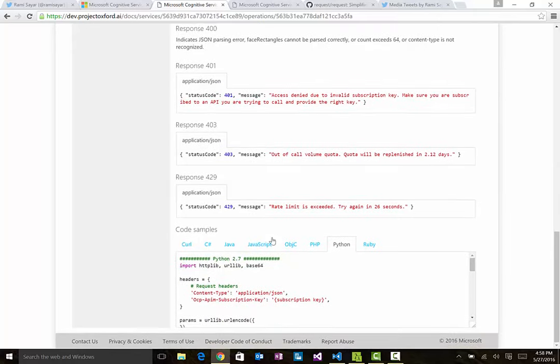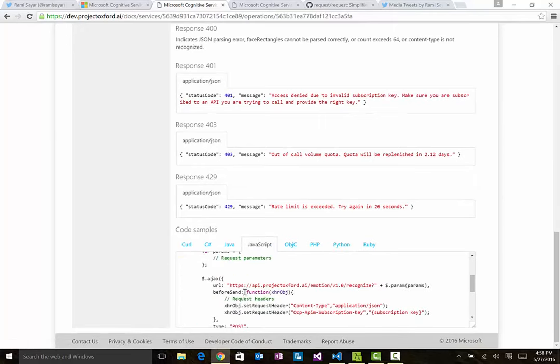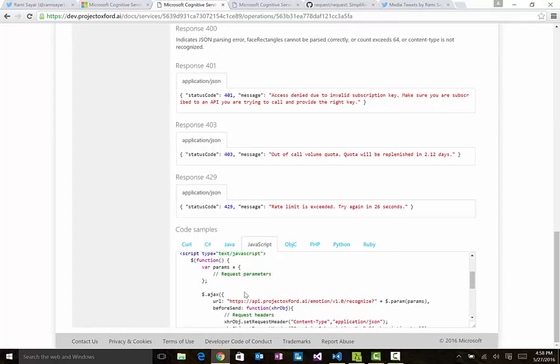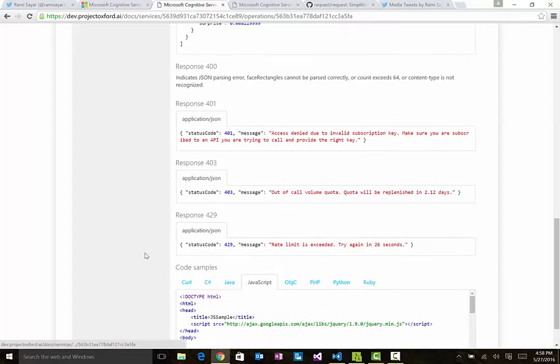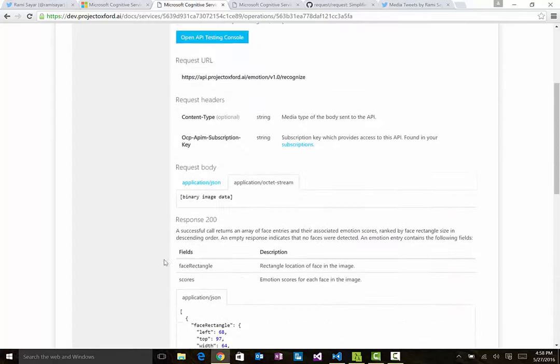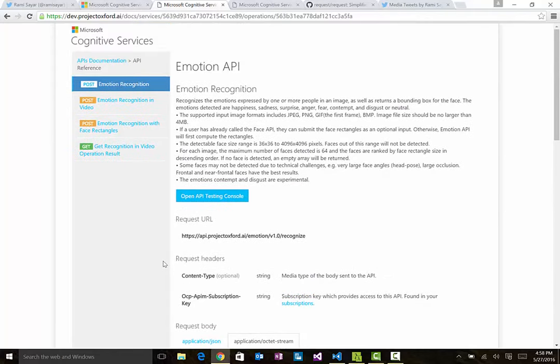If you look at the JavaScript one, you'll notice that it assumes that you're running inside a browser. I'm actually going to show you sample code that lets you do this API call using Node.js, and I'll do that in a second. What I want to show you first instead is that you can test this API using the API testing console. I'm going to click on that, and it's going to pop up